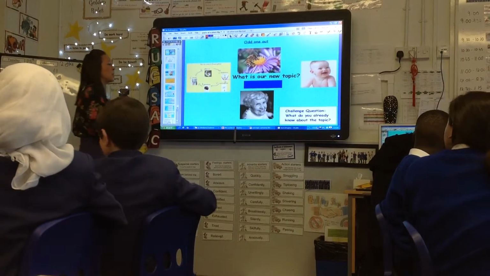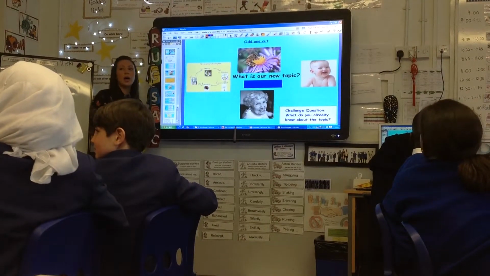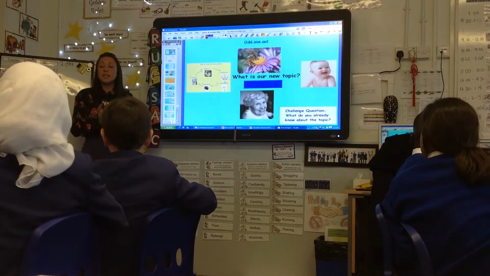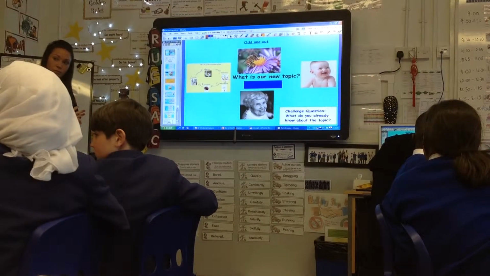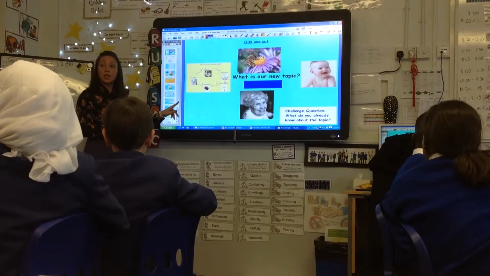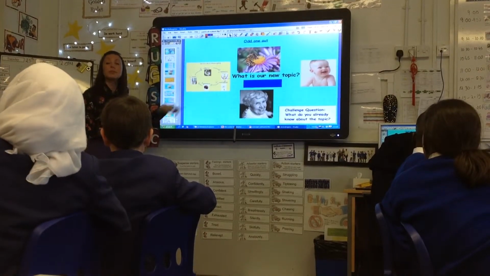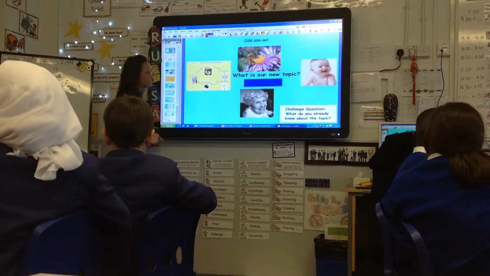Which one is the odd one out, and why, and how do you think that might feed into our topic? I think the odd one out is the picture. The picture, so the diagram. Yeah, the diagram. Okay, and why do you think that then? Because